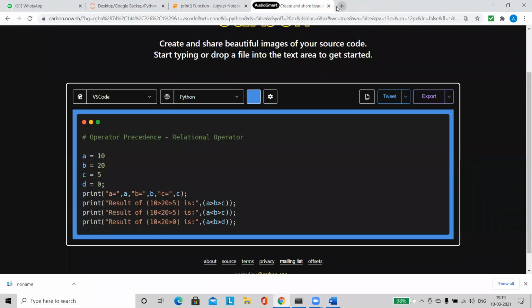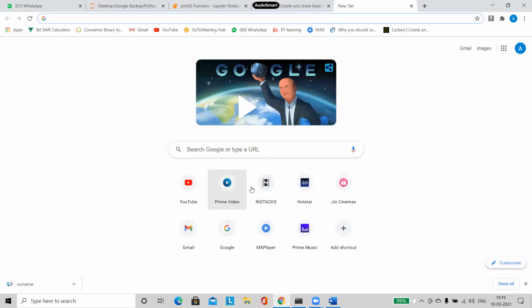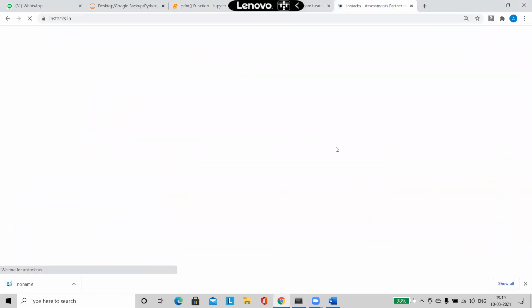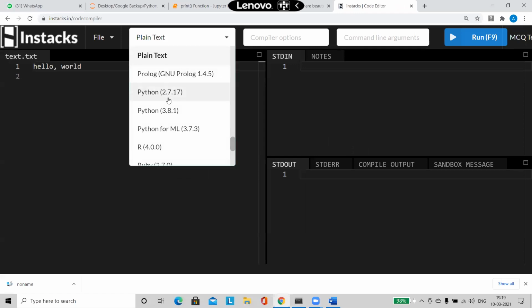let me just open an online compiler simultaneously and show you the details. Right, so I'm just going to go for the code compiler. I told you guys yesterday how to use it.